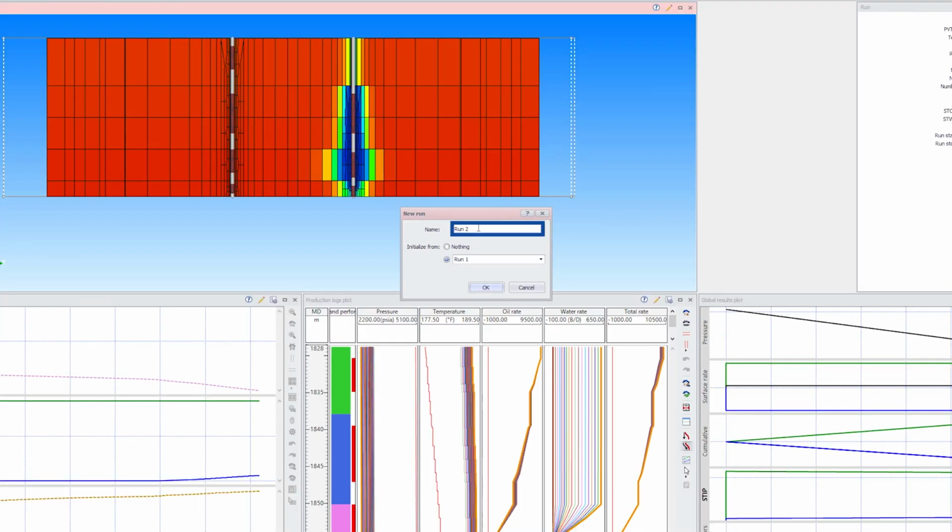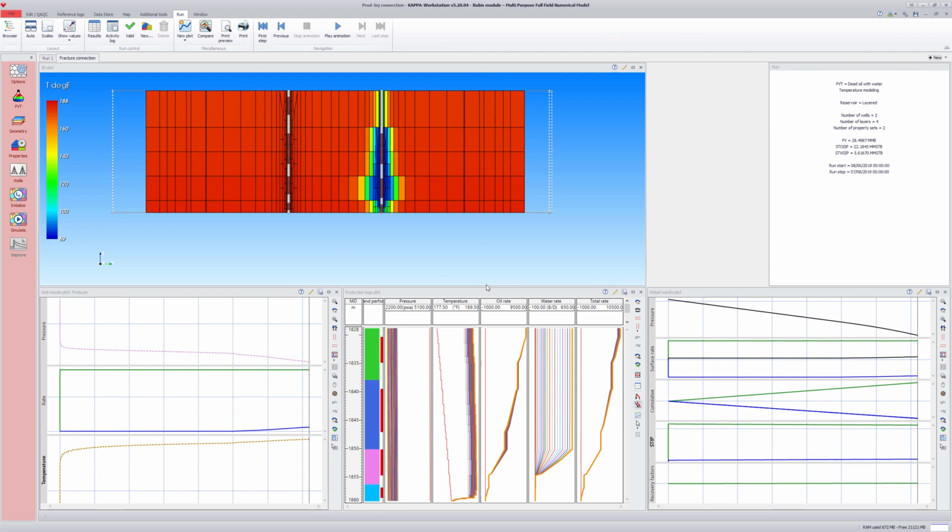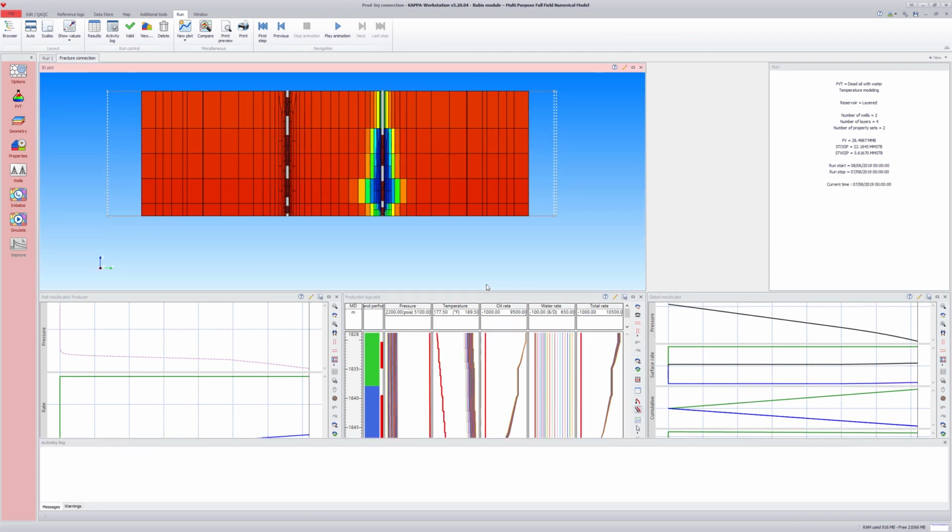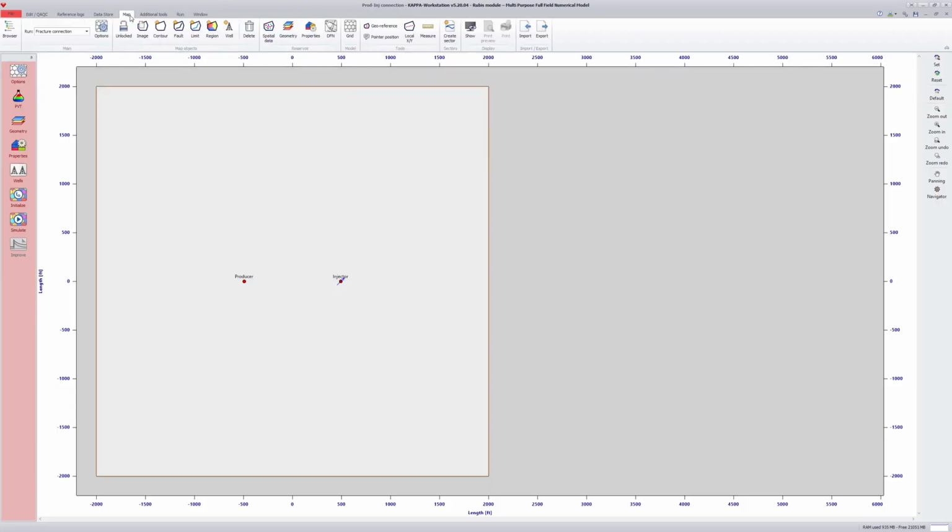A different scenario may be run quickly. Simulate the presence of a fracture connection between the wells. This is a situation that can typically occur when the injection pressure goes above the fracture gradient, also known as channeling. Go back to the map, zoom between the two wells,